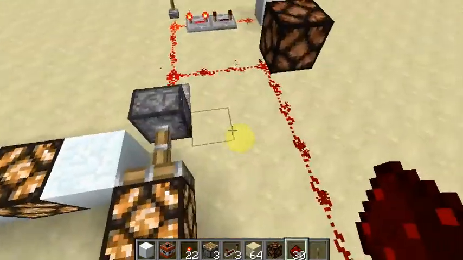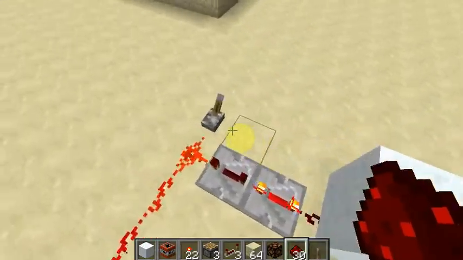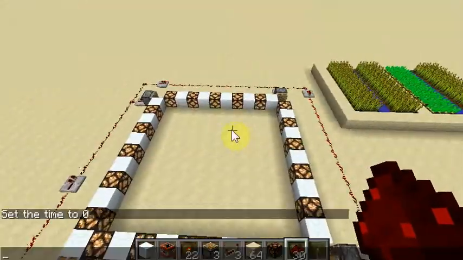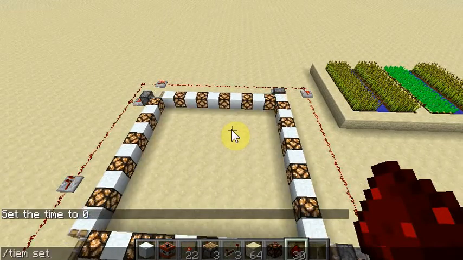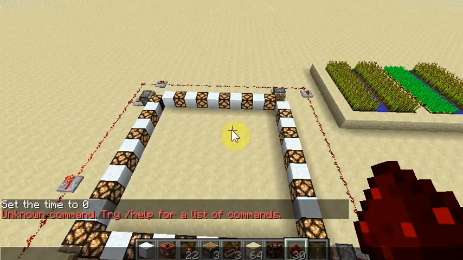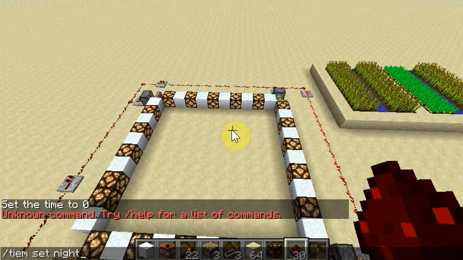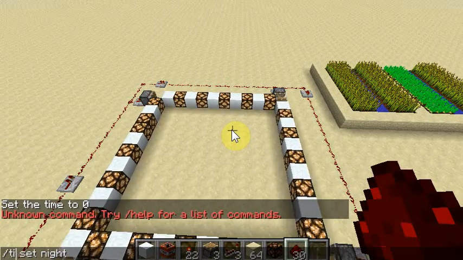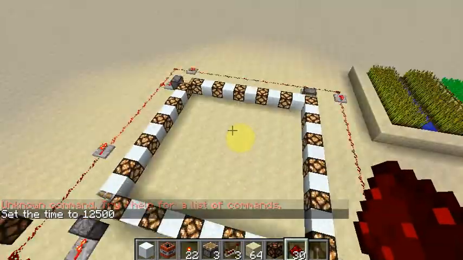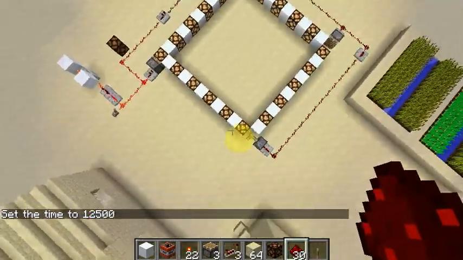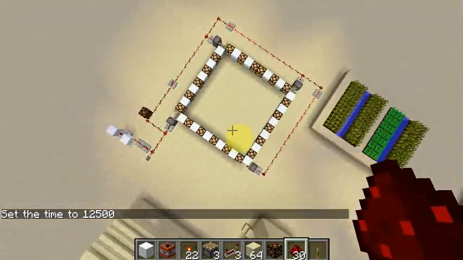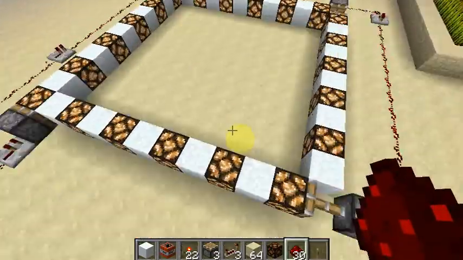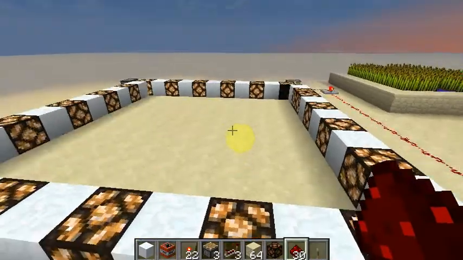If you turn it on, and this guy on, what happens is it all goes in a nice, pretty little square. And if you do time set night, and if you type it correctly, yep, if your time set is off, then you're in trouble. So at night, it creates a pretty pattern with the lighting, and then the sound disappears. If you want to have something like this inside your house, any questions asked,